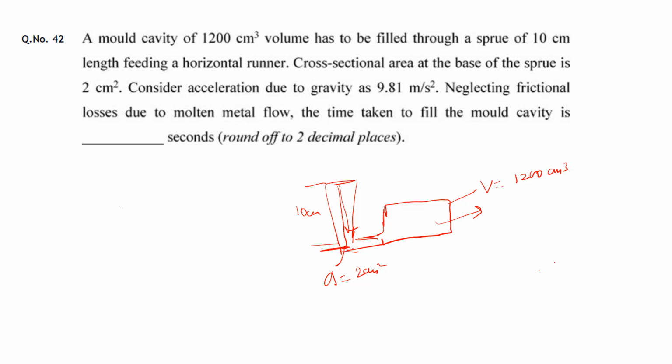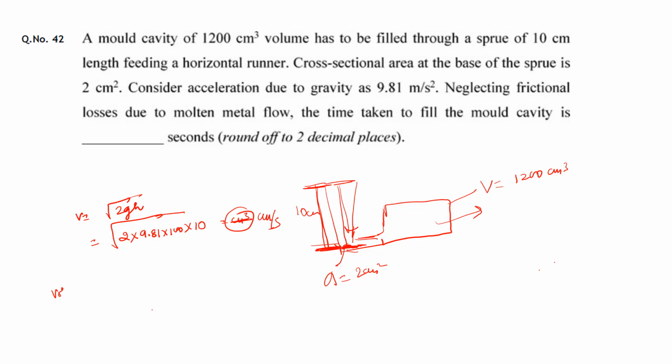So first we will see what is the velocity at which this liquid is flowing at this point. This will be governed by the acceleration due to gravity. There will be some velocity. So V will be nothing but root under 2gh. So let us write root under 2 into g, 9.81, which is given in meter per second square. So let us convert it into cm per second square, into h. h is how much? 10. Sorry, this is velocity, so that is centimeter per second.